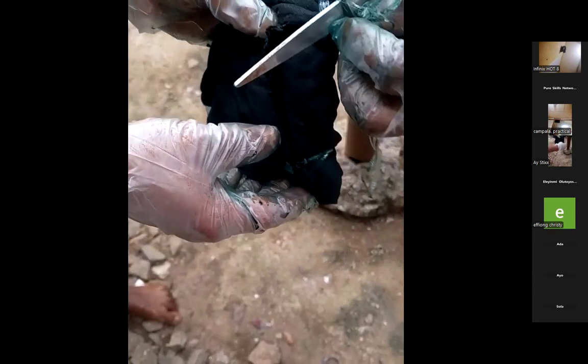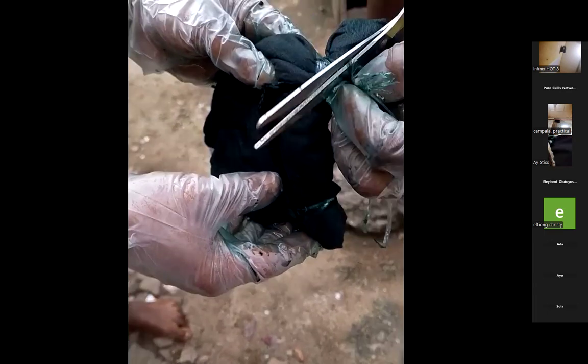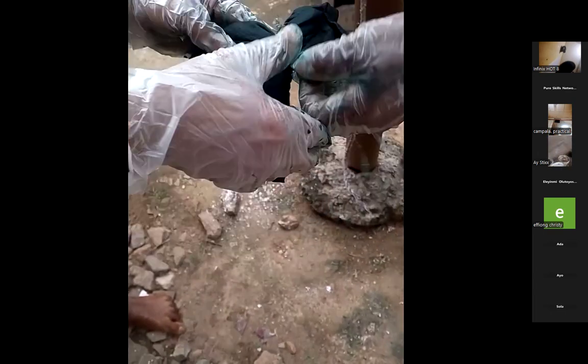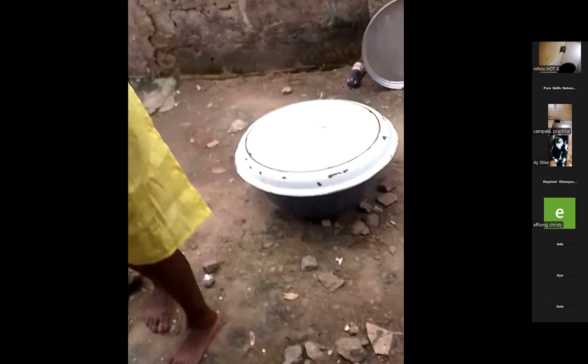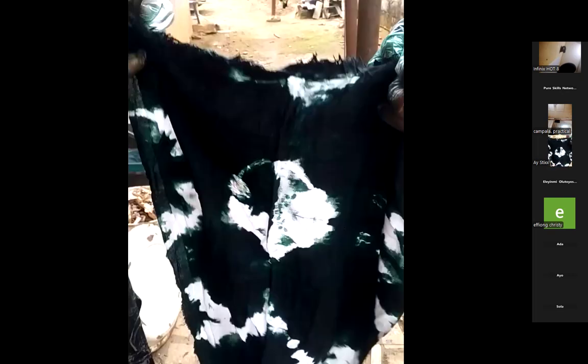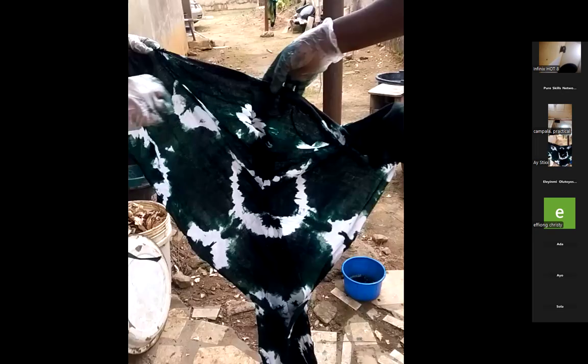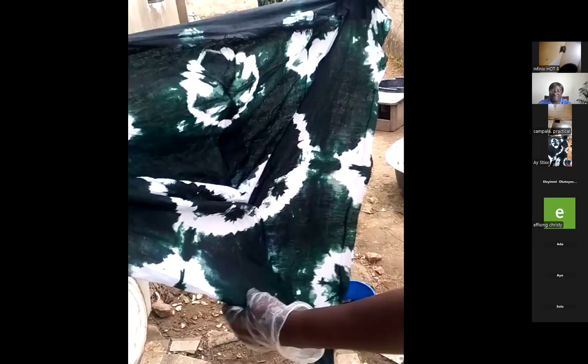But this is the second one. Look at this one now. This is the one we call sandwiching the other time. This one is one color.